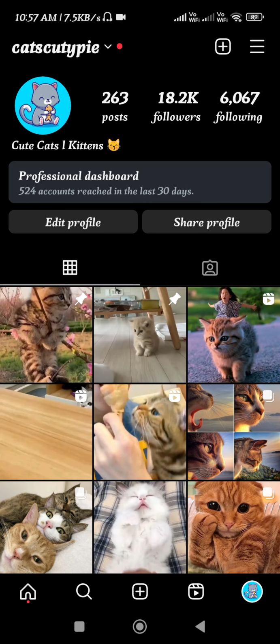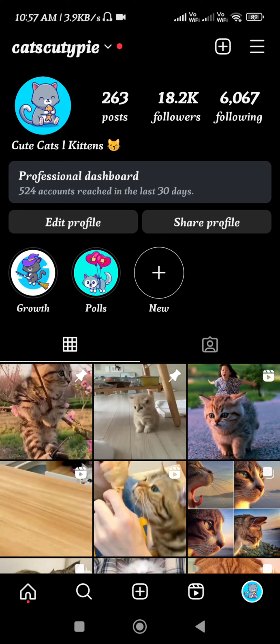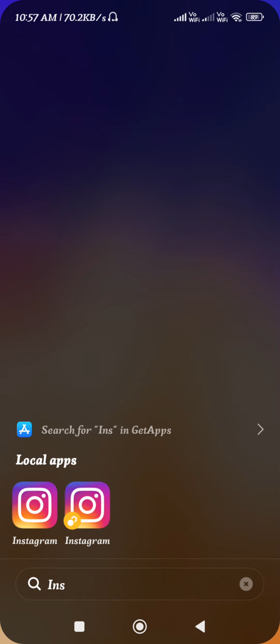So if I tap on my profile icon in the bottom right hand corner of the screen, you will see that currently I have this much amount of followers on my Instagram account, which is close to 6,000. So if I want to hide my following list from someone, then tap on the three horizontal lines in the top right hand corner of the screen, and now you just have to simply scroll down and select the option